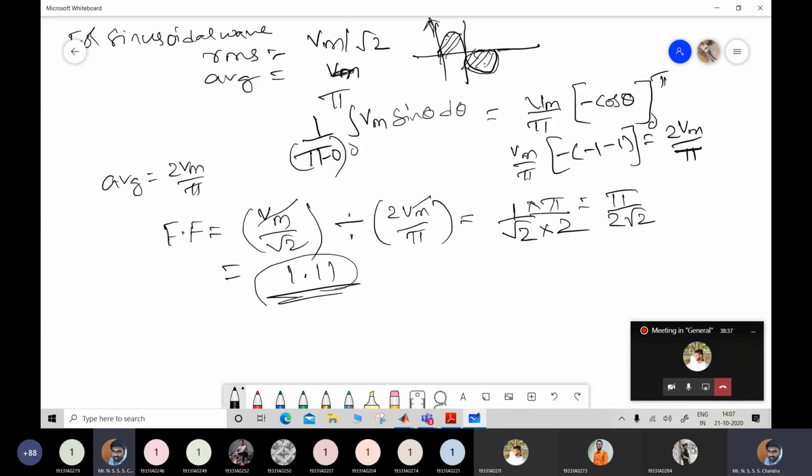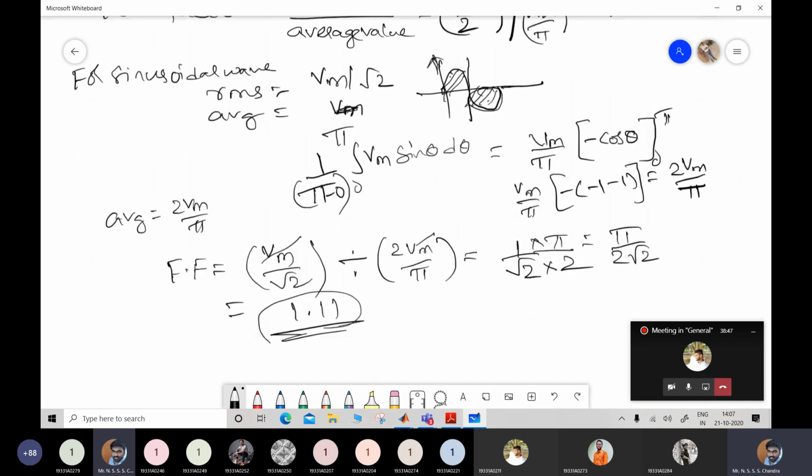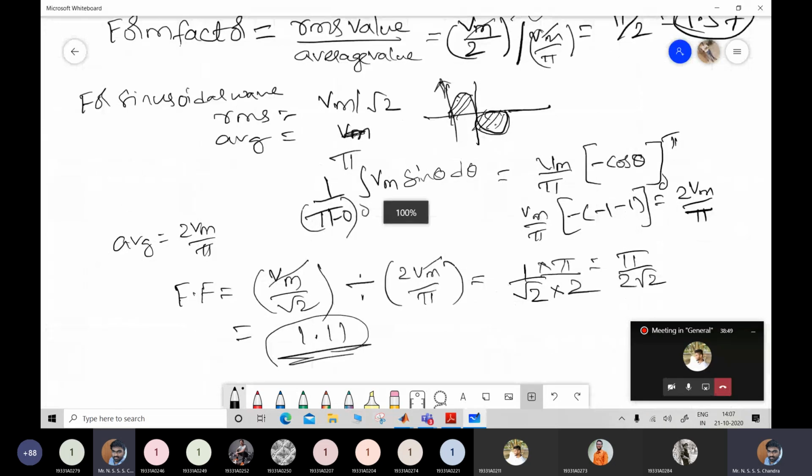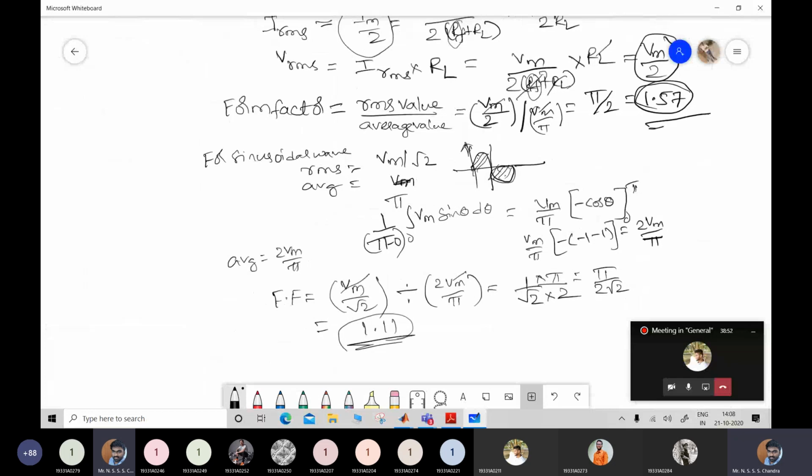Okay. So for a full sinusoidal signal, your form factor is 1.11, whereas for a half wave rectifier, your form factor is 1.57. Okay, so in the quiz, I may ask you the form factor for a different waveform: for a fully rectified output, for a half wave rectified output, for a full sinusoidal waveform, for a bridge configuration, how much, for a center tapped configuration, how much, like this. Such kind of questions might be asked in your quiz.